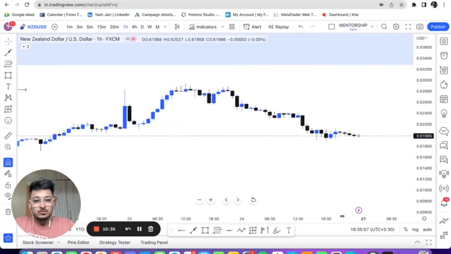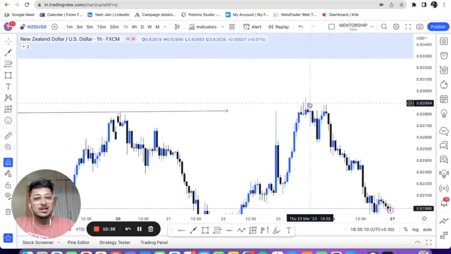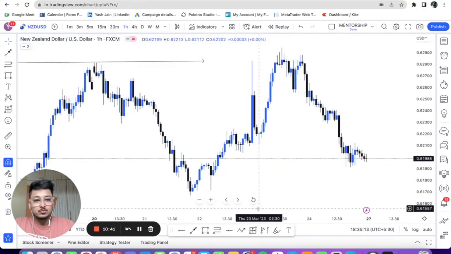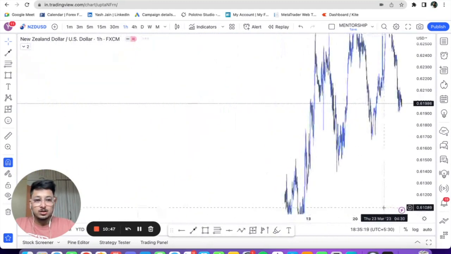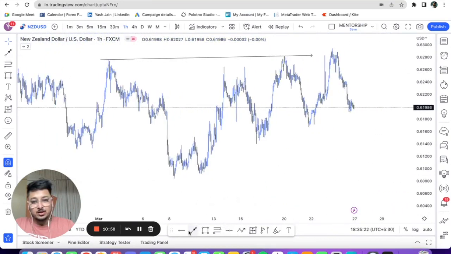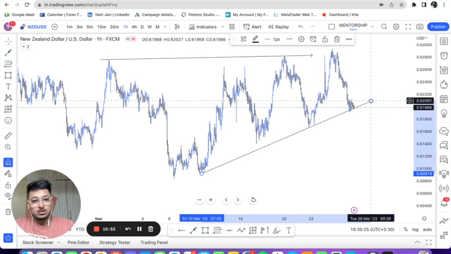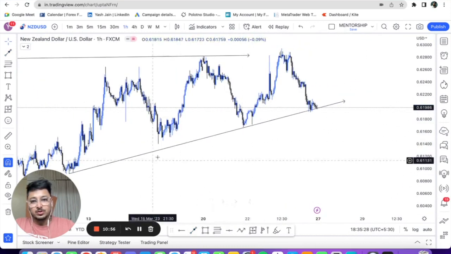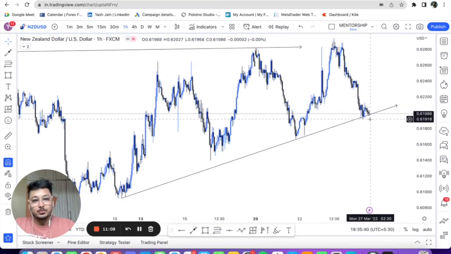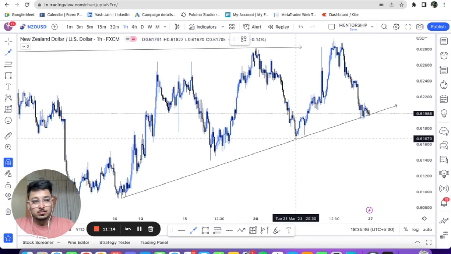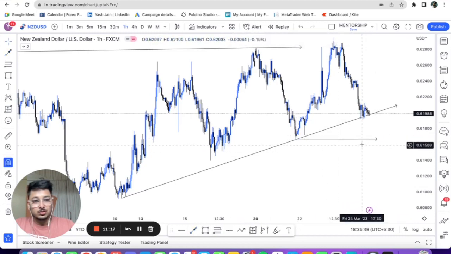So to me, it looks like a very satisfactory reversal again. 23rd March, beautiful. Now you can expect a very clean downfall again, because we have been expanding a lot. You see this, people who trade based on trend line will call this, like prices, they are taking support of this particular trend line and now they'll bounce up. But let me tell you, it's not going to happen. We are definitely going to break this trend line, and the immediate low that we will meet is this. Anything lower than this, if not this.